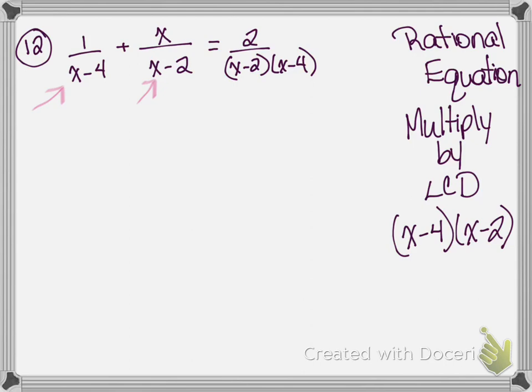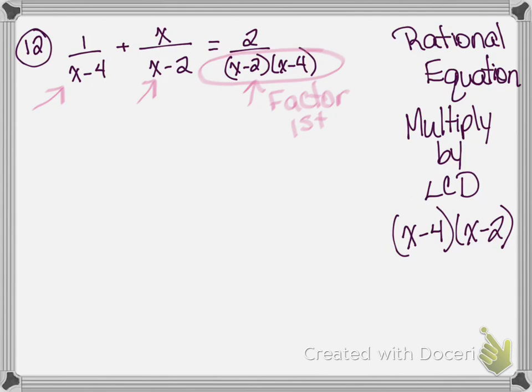Now, in this particular problem, we have x minus 2 and x minus 4. I'm sorry, it's already factored. The denominator is already factored. If this is not factored on your final exam, you need to factor it first. Now, in this situation, it is factored, but if it's not factored, factor it first. Okay, so now that we've determined our LCD is x minus 4 times x minus 2,